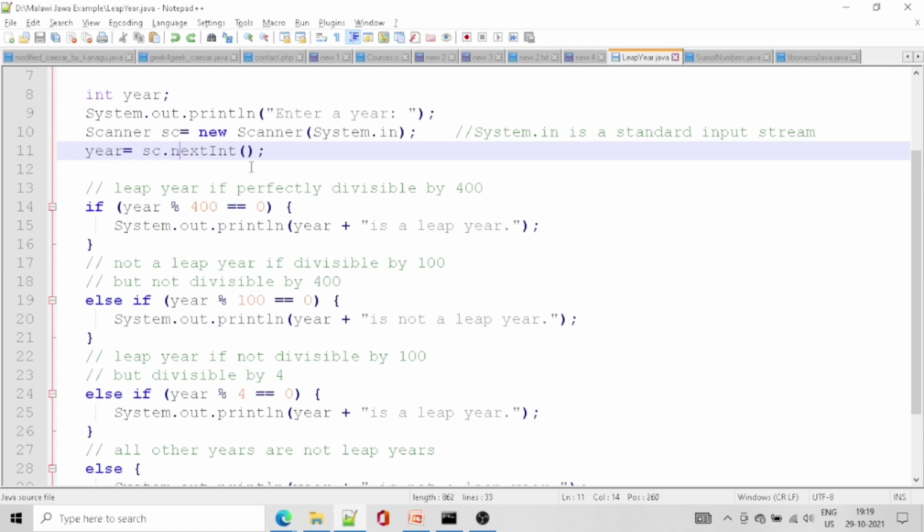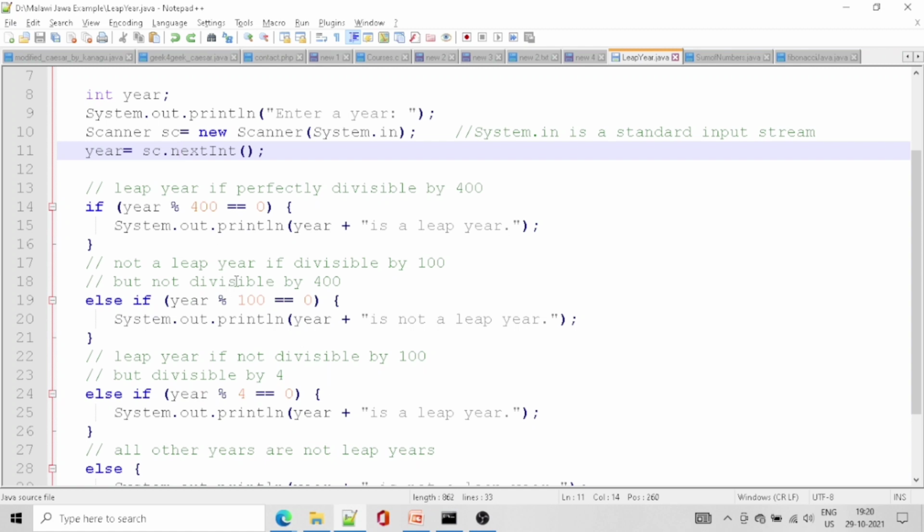These are all the conditions. Leap year if perfectly divisible by 400, and not a leap year if divisible by 100 but not divisible by 400. Leap year if not divisible by 100 but divisible by 4. Then it is said to be a leap year, and all other years are not leap years. These 3-4 lines are the conditions.